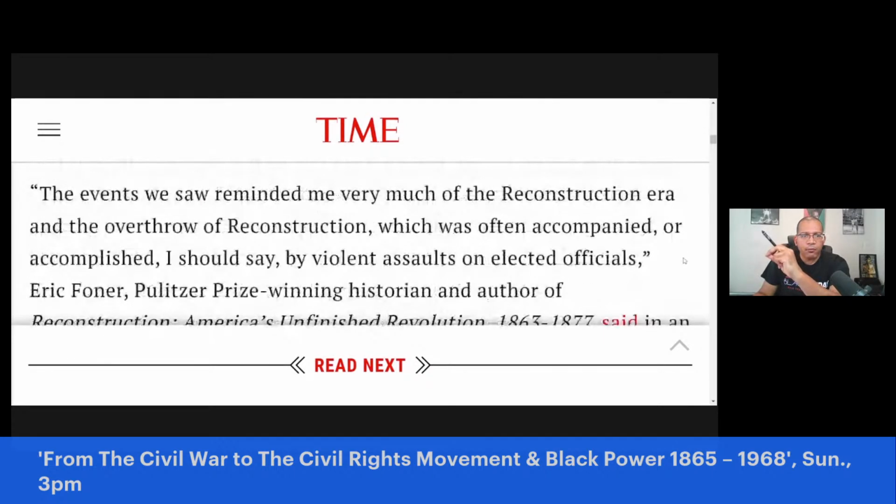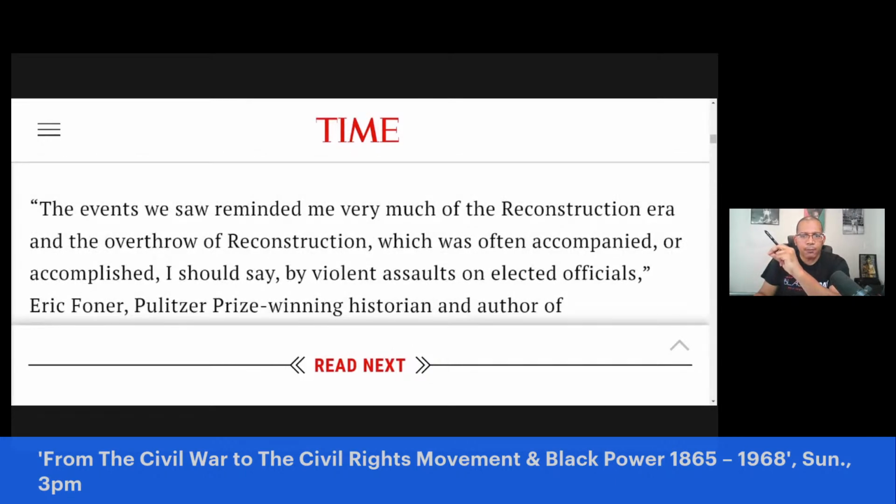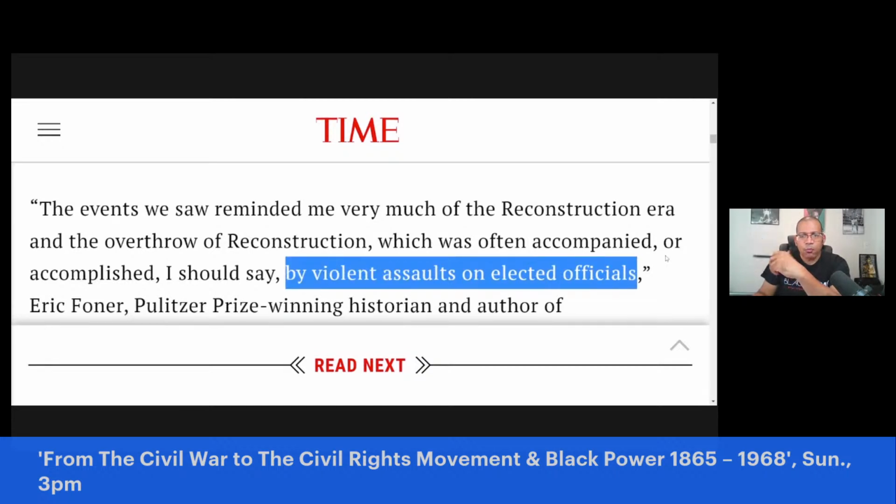Quote, "The events we saw reminded me very much of the Reconstruction era and the overthrow of Reconstruction, which was often accompanied or accomplished, I should say, by violent assaults on elected officials." We're going to see this during the Reconstruction era, and this is going to be one of the reasons why